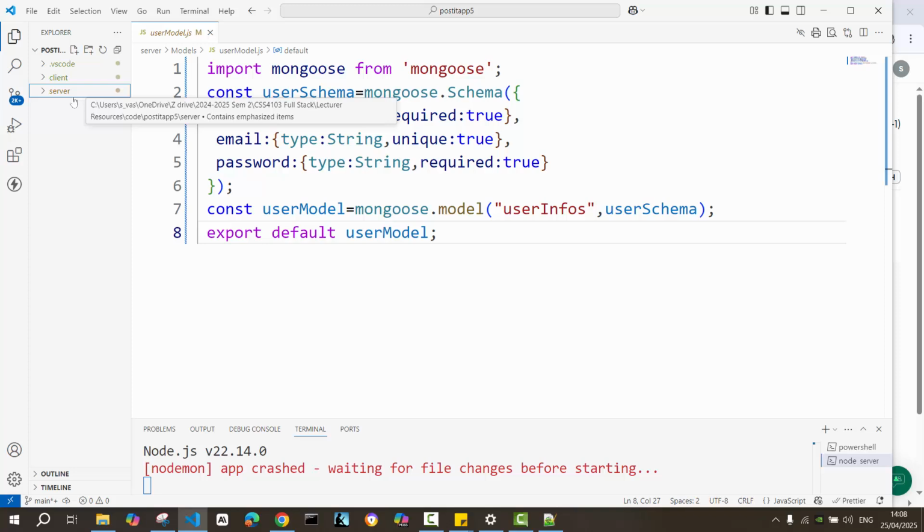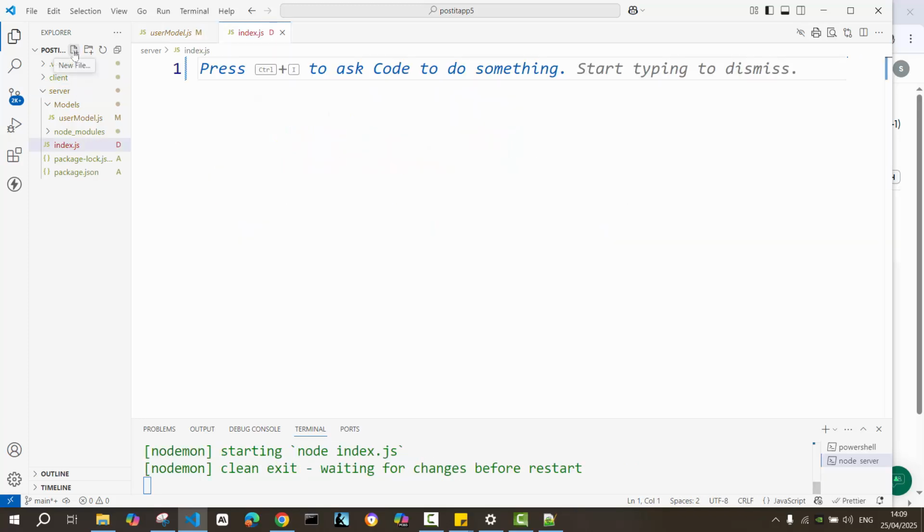index.js in the server folder, and this is the file that will receive all the requests from the client, all the APIs from the client. So on the server I will create one file and I will call it index.js. Okay, and if you want this file to be the default file on the server which receives the request from